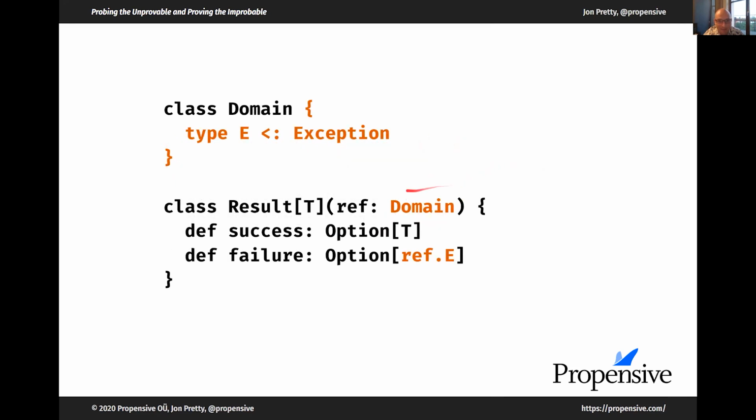As our next step, I'm going to make that a type member. So you probably know that type parameters and type members behave in a very similar way. They have some fundamental differences, but it means we can refer to domain here without explicitly specifying the type E. That means we don't need to specify the type E in the parameter of result either. But it means that in our option here, we need to access that type member through the path called ref, which is the domain. So this is all equivalent. Each slide is equivalent to the previous one.